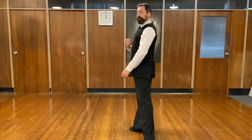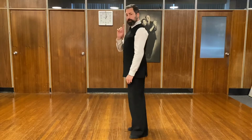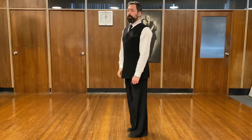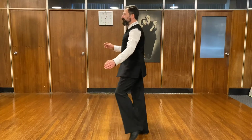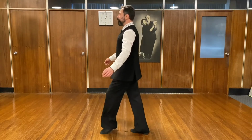I don't want to be back here because I'm going to then have to yank my partner to bring myself back forward again. So just keep that in mind, the main thing that we're trying to do here is try to stop before our rock step, which at this moment is just a tap. So we have a tap, rock, step, tap, you can see me forward here, rock, step, tap, rock, step,